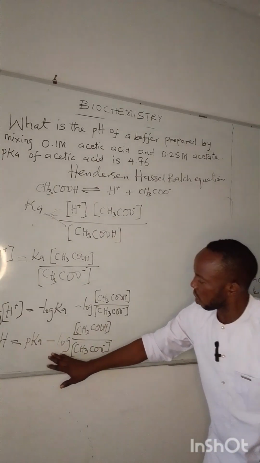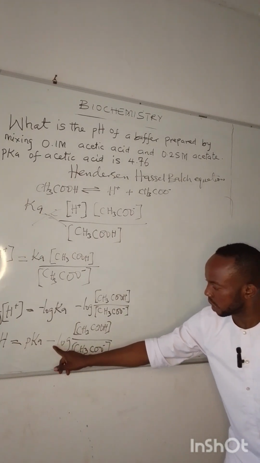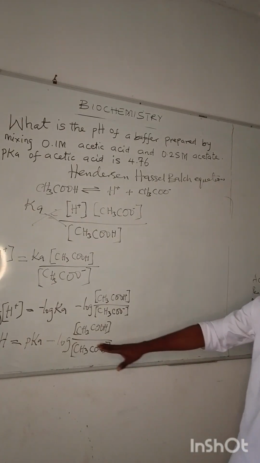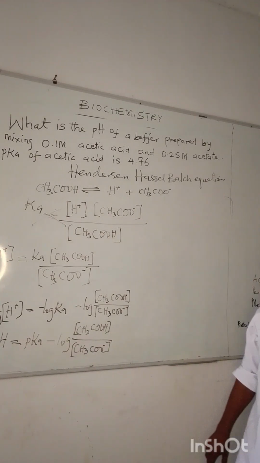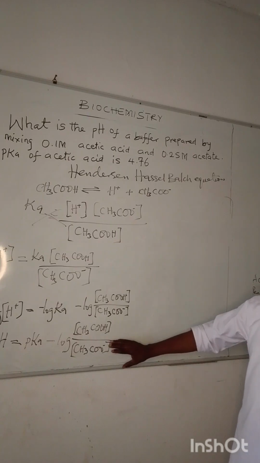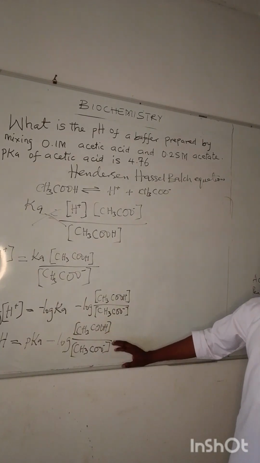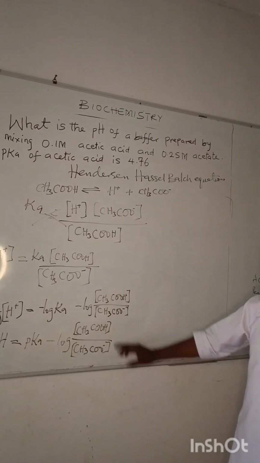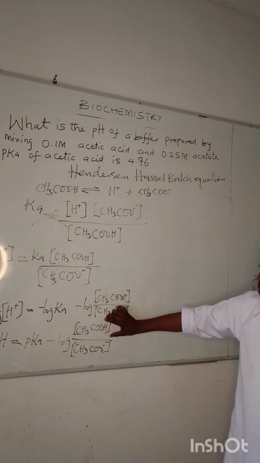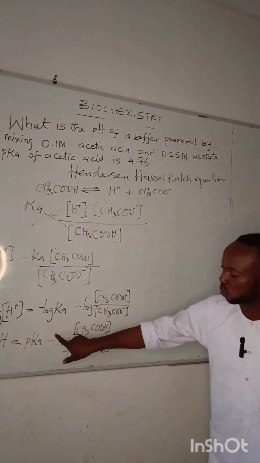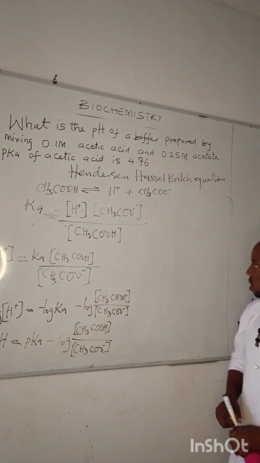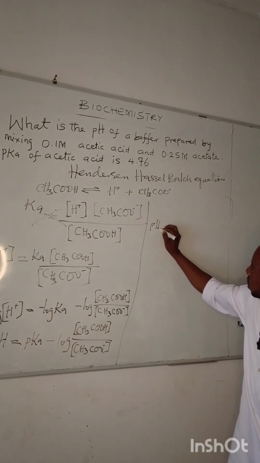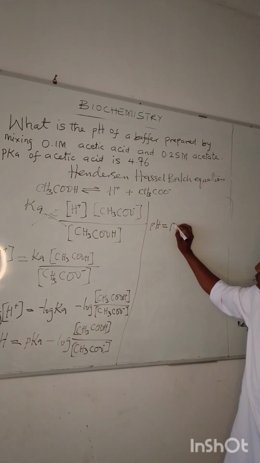But for simplicity's sake, we want to change this minus sign to a positive sign. To do that, we invert whatever is here: the denominator becomes the numerator, and the numerator becomes the denominator, for the minus to become positive. We therefore rewrite this as pH is equal to pKa